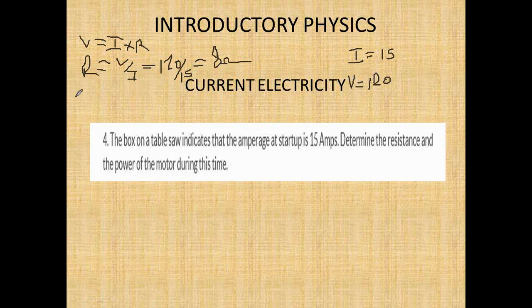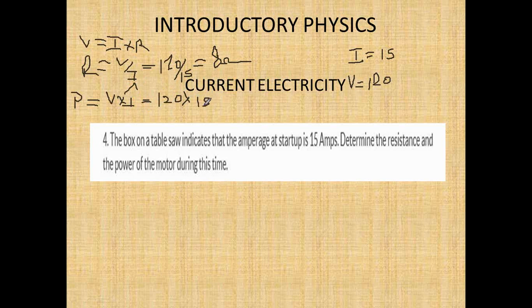So, you know, power is equal to VI. That's the simplest one. Power is equal to volts times the current. So it's very important to know your equations. Okay. So power is equal to VI. The volt is 120 and the current is 15. So 120